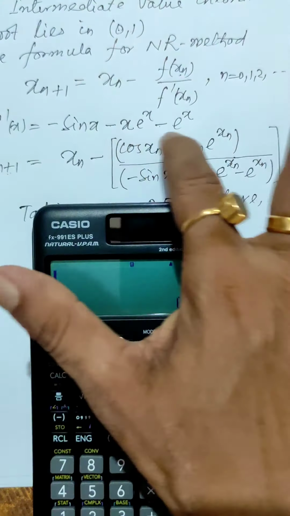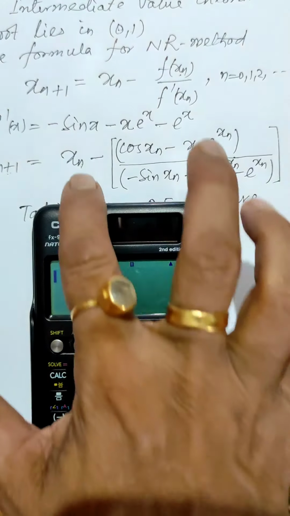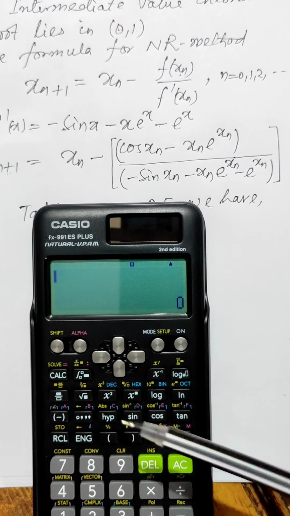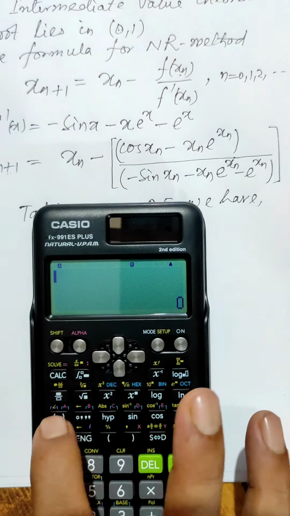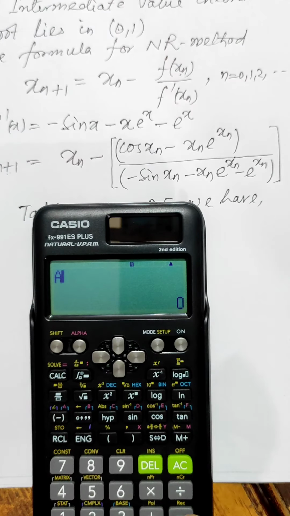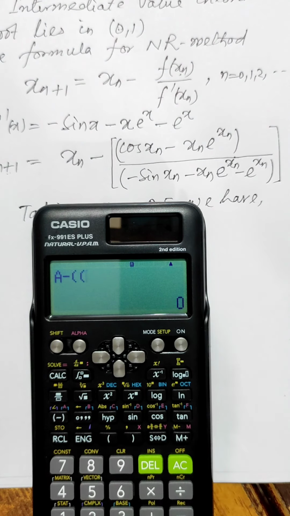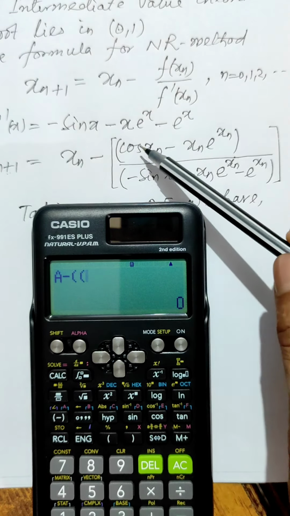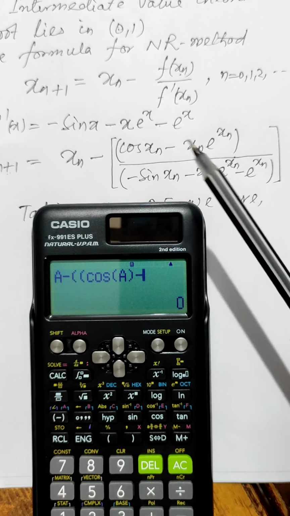Now you have to type this formula in terms of A, because I have stored the number 0.5 in A. So see here, A minus, that means here A is in red color, and for red color you should use alpha. So alpha A. Clear? So minus double bracket, put double bracket. Then cos alpha A. So close the bracket. Then minus alpha A,